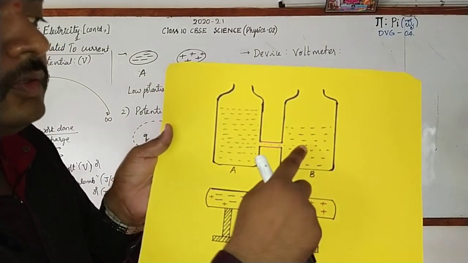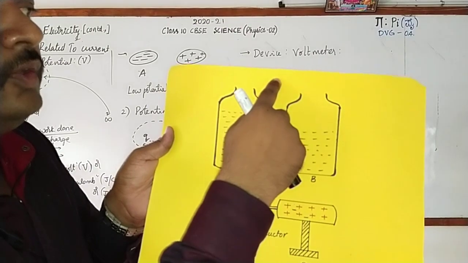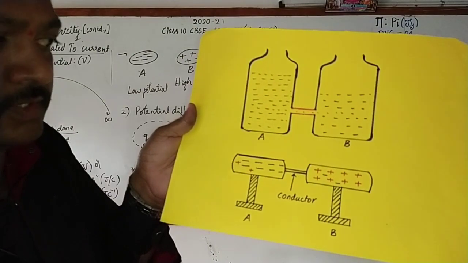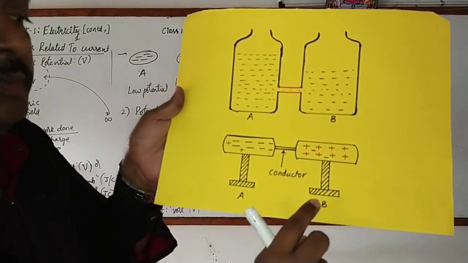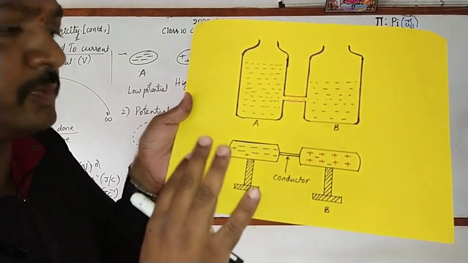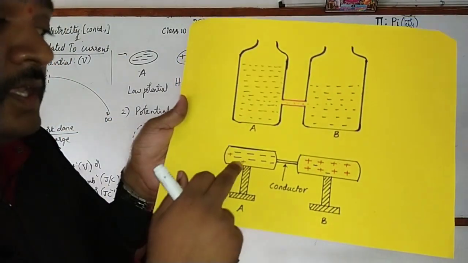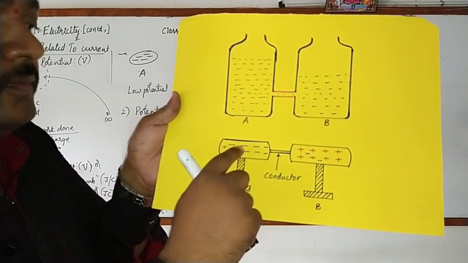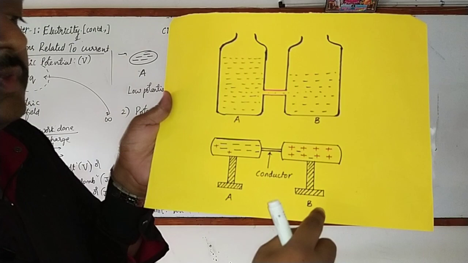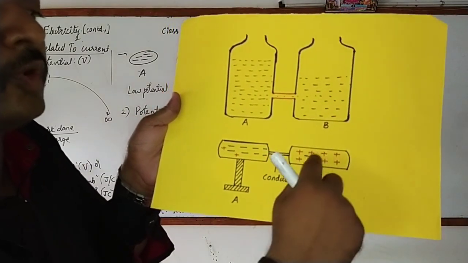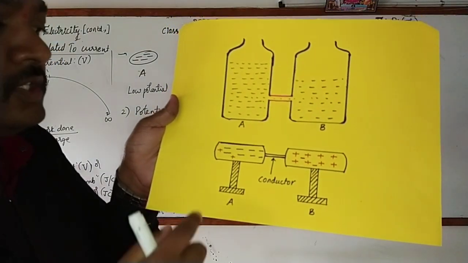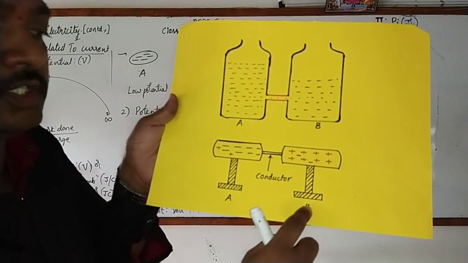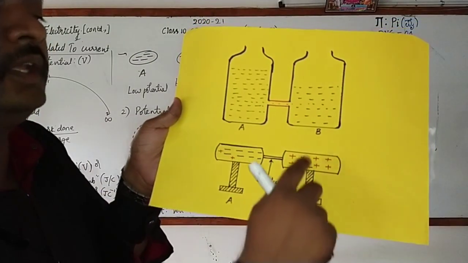If you want to make the water flow continuously, you will use a water pump. Similarly, let us take two bodies, A and B, with respect to charge. See that body A has more electrons than B, where more protons are there. Which one is at lower potential? Yes, body A has lower potential and body B has higher potential.